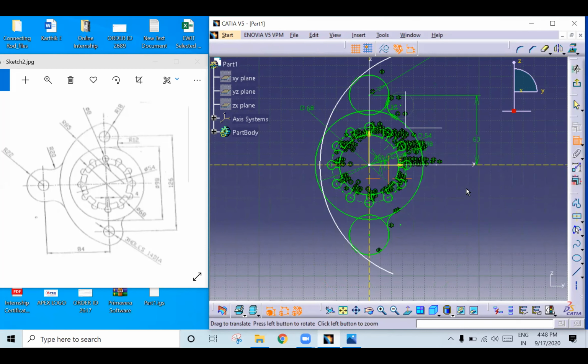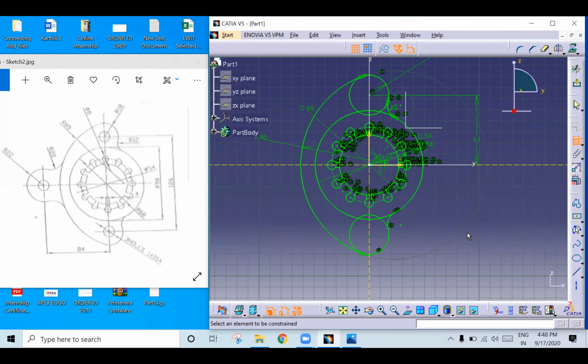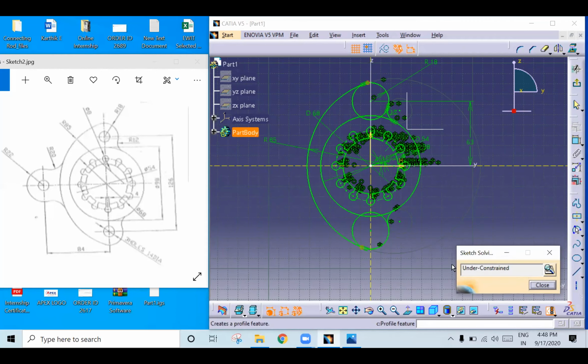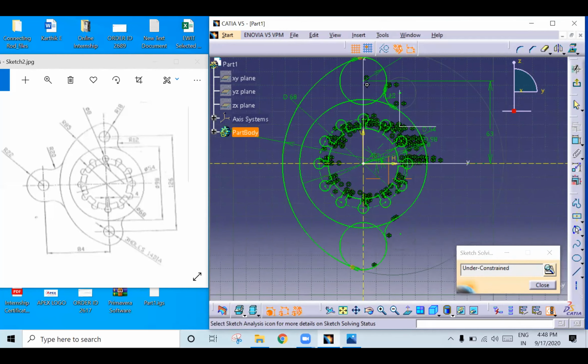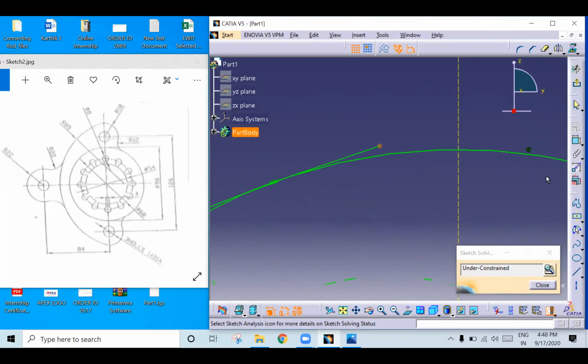See now, you need to give radius. What is the radius? 85. Double click it and give 85. Now you have to check the constraint. See where it is? Here, right? Zoom in. Here we have an open profile.